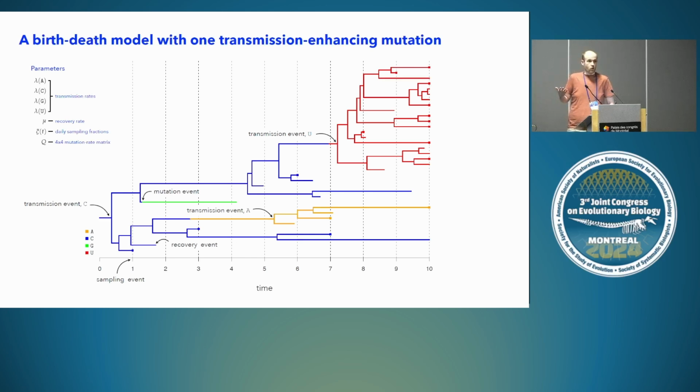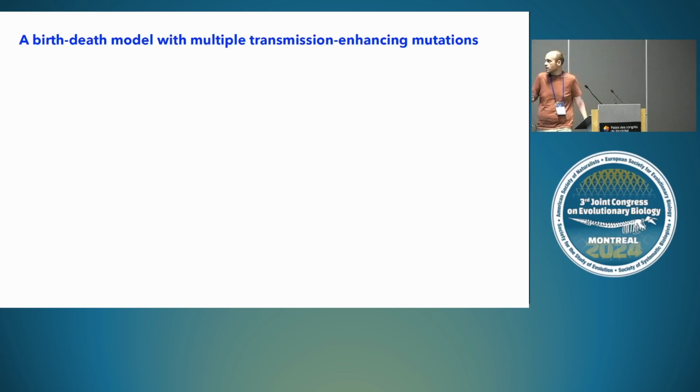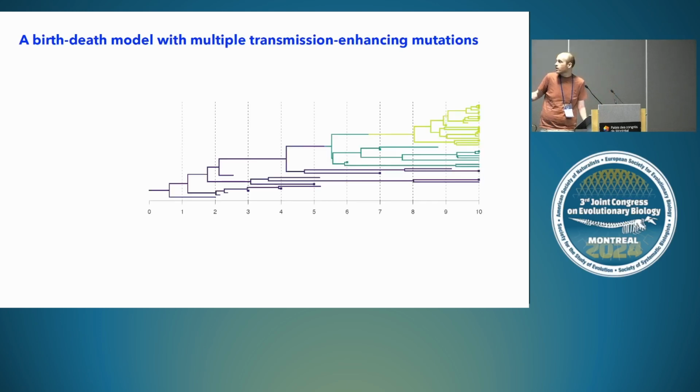This is for a single nucleotide, but the reality is there are probably many nucleotides that affect transmission rates. So we want to extend this to a more complicated case where there are multiple. This is how it works when there are two. Instead of this history representing one nucleotide, it now represents a combination of nucleotides. So I have two nucleotides that are evolving, and I'm simply enumerating the birth rates, the transmission rates, for each combination of nucleotides.